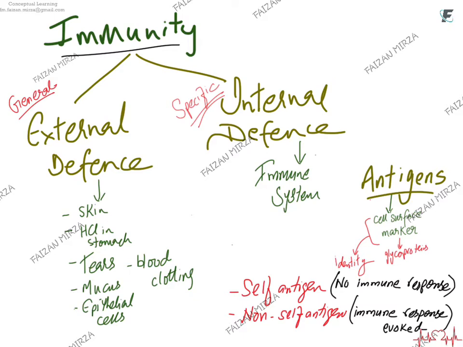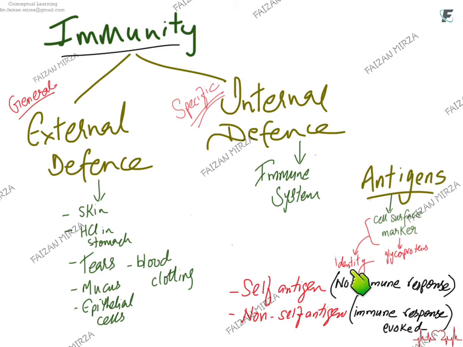Let's suppose it reached the tissues. Then you have the internal defense that needs to work, and this is your immune system, and it is highly specific. It is specific against the antigens. Antigens are the structures which actually evoke an immune response. Antigens involve the cell surface markers, and these cell surface markers are actually glycoproteins. You can recall from the cell membrane that antigens, which are cell surface markers, are biochemically glycoproteins,